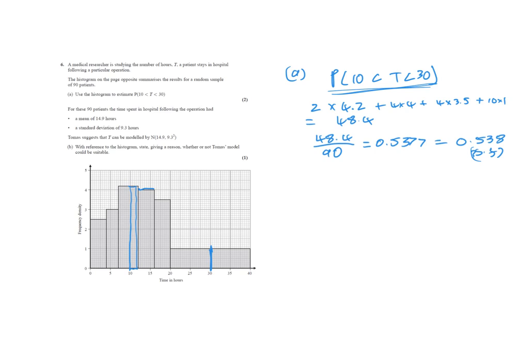Okay, next part, with reference to the histogram, state with a reason whether or not Tom's model would be suitable. So what was Tom's model? Normal distribution. Does that look like it's a normal distribution? What am I looking for? The general shape of a normal distribution, like that. Okay, it's not going to be a smooth curve because it's a histogram, but we know that the normal distribution is symmetrical. So no,